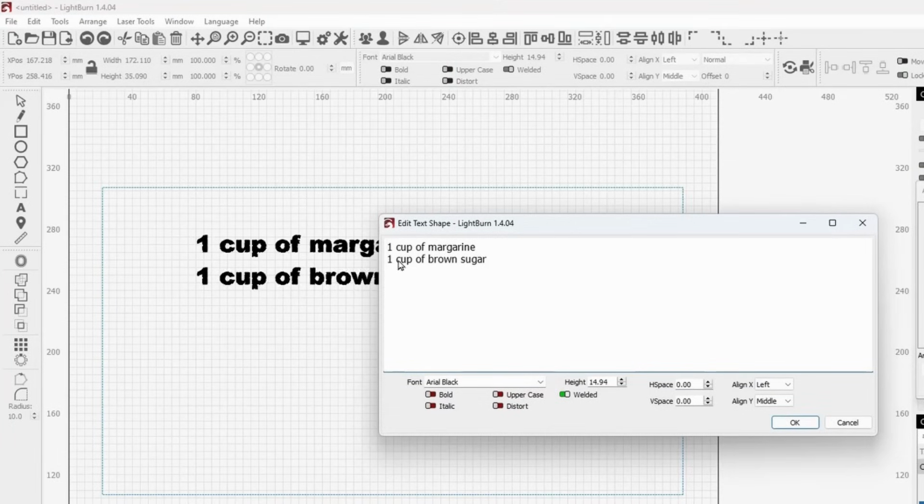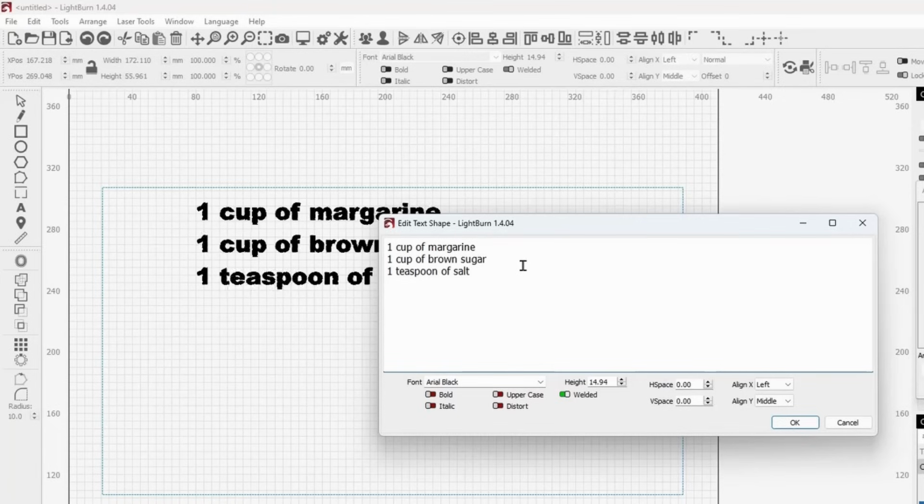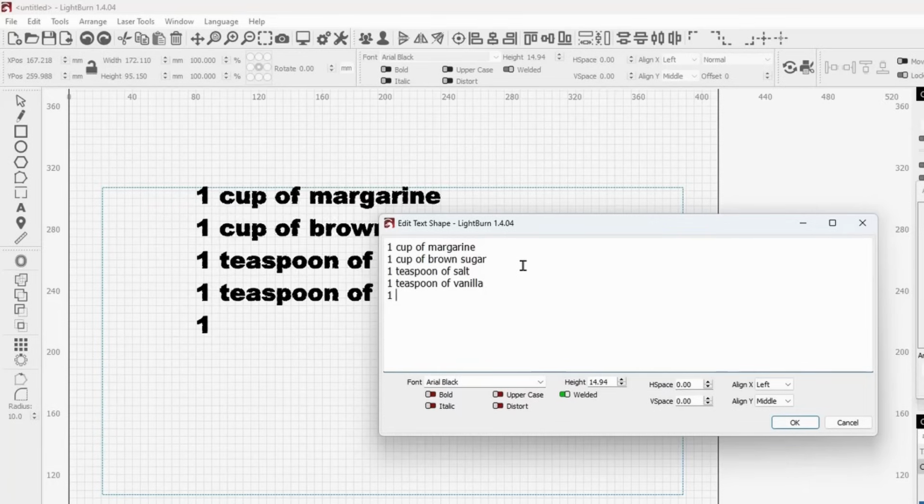And it's going to open up like a word processor. 1 cup of margarine, 1 cup of brown sugar, enter, 1 teaspoon of salt, 1 teaspoon of vanilla, 1 cup of oats,